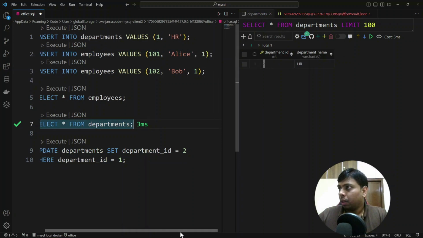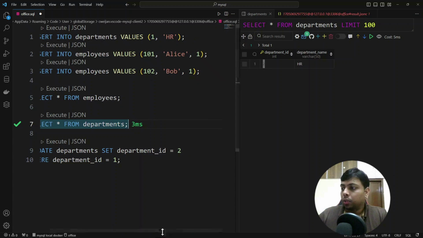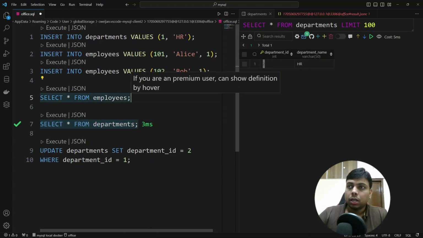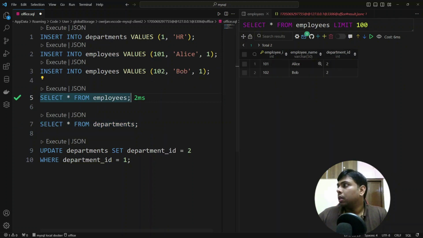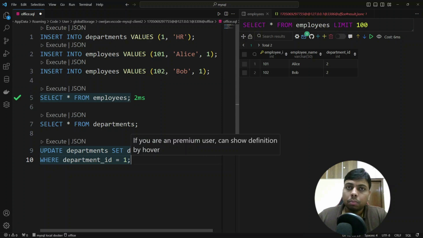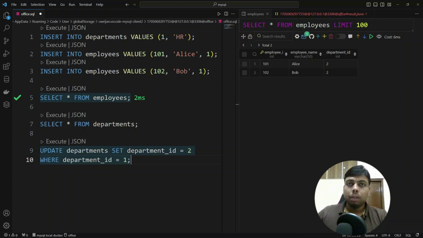Now, because of the on update cascade statement, what will happen is if I run select star on employees, this 1 also has been updated to 2. That's the idea of on update cascade. If the parent column value is updated, the child column value will also be updated accordingly. In the same line, on update cascade, on delete cascade,